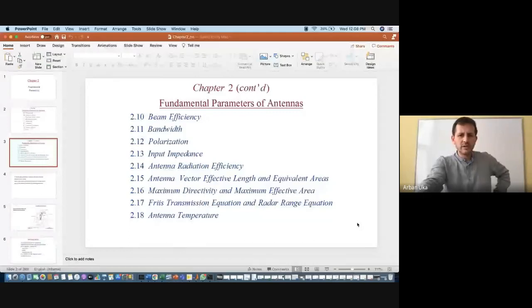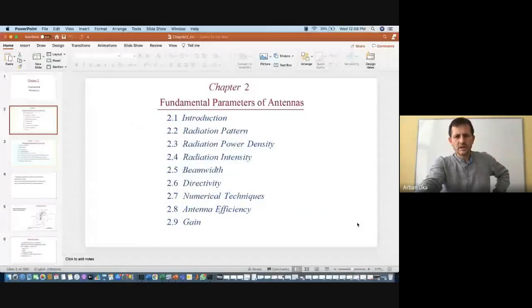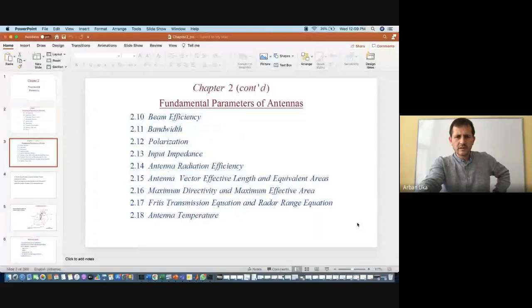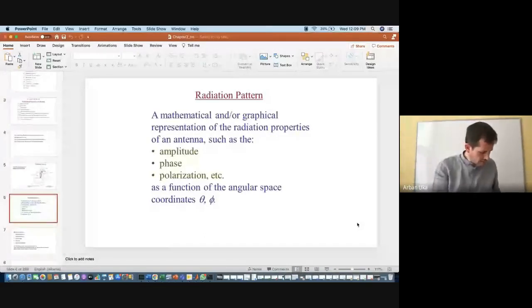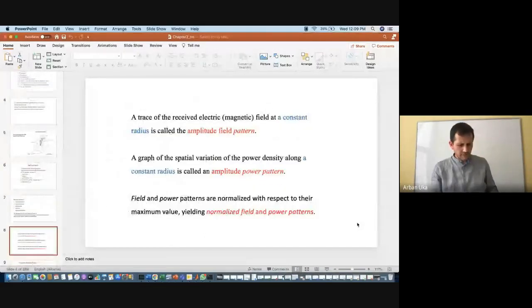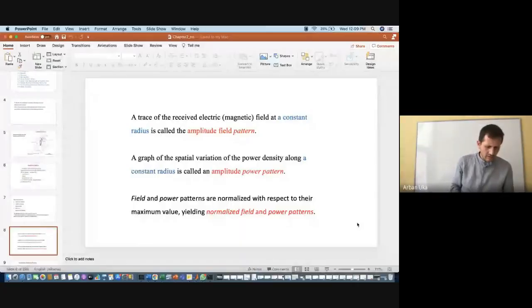So from here, you could pay less attention to input impedance, 2.13, 2.17, and 2.18. That does not mean that you don't have to read the book regarding these, okay? So we talked about the amplitude, phase, polarization, and the major problems in chapter 2, and in fact, all of these elements in chapter 2, you should always